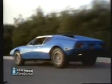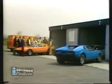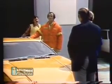Bob Bondurant is a professional driver. At his performance driving school in Ontario, California, he is conducting a seminar for Lincoln Mercury dealers and Pantera salesmen. Good morning, gentlemen. Okay, our main purpose here this morning is to demonstrate how the Pantera handles under hard driving conditions. But first, I'd like to touch on some of the highlights that make this car one of the world's best